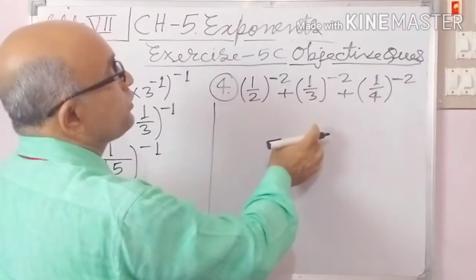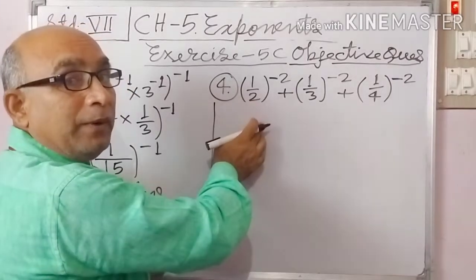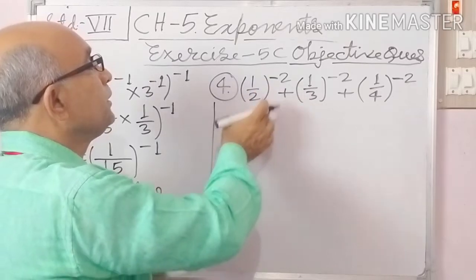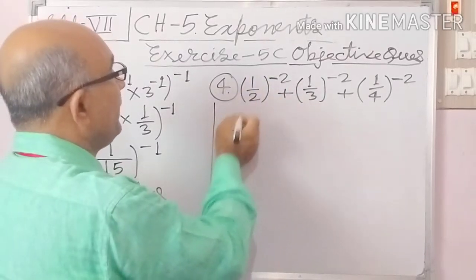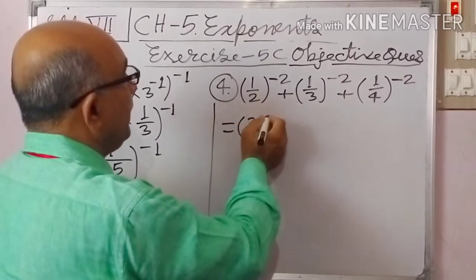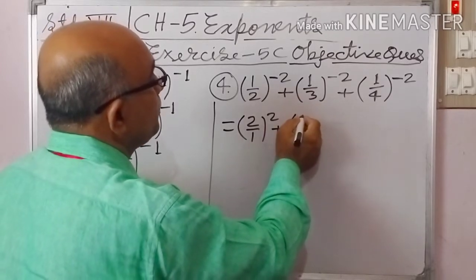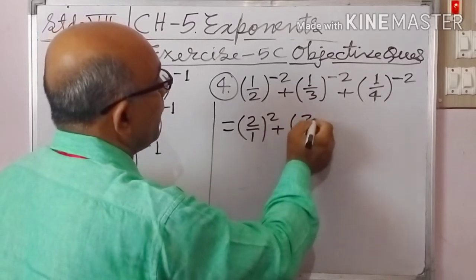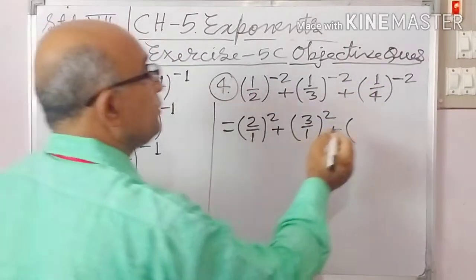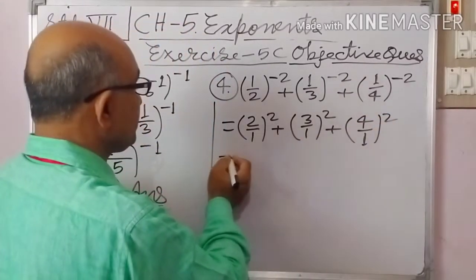And next question is 1 by 2 to the power minus 2 plus 1 by 3 to the power minus 2 plus 1 by 4 to the power minus 2. a by b to the power minus m equal to b by a to the power m. So 1 by 2 to the power minus 2, so 2 by 1 to the power 2, plus 1 by 3 to the power minus 2 equal to 3 by 1 to the power 2, plus 1 by 4 to the power minus 2, 4 by 1 to the power 2, equal to